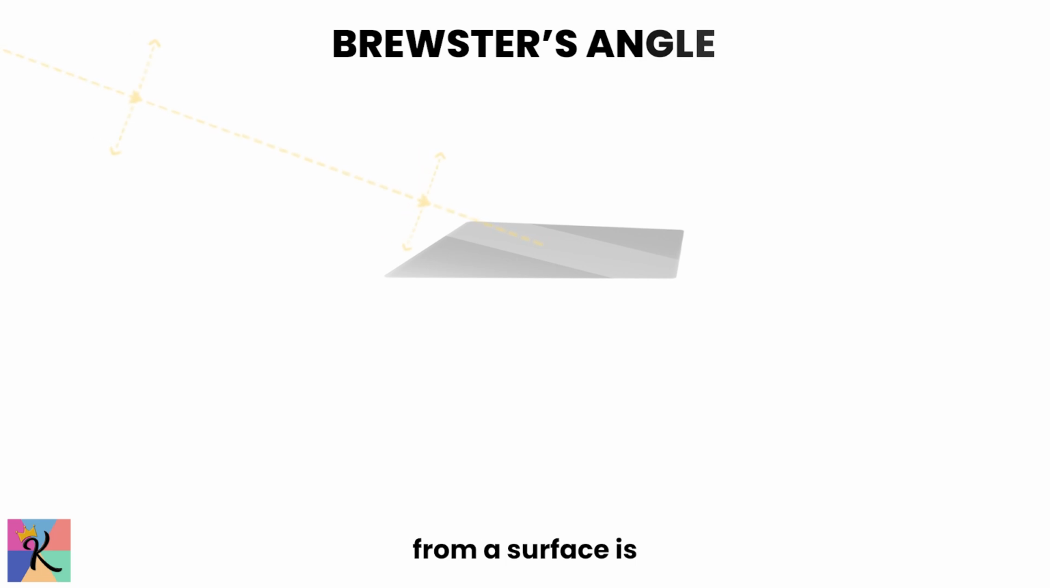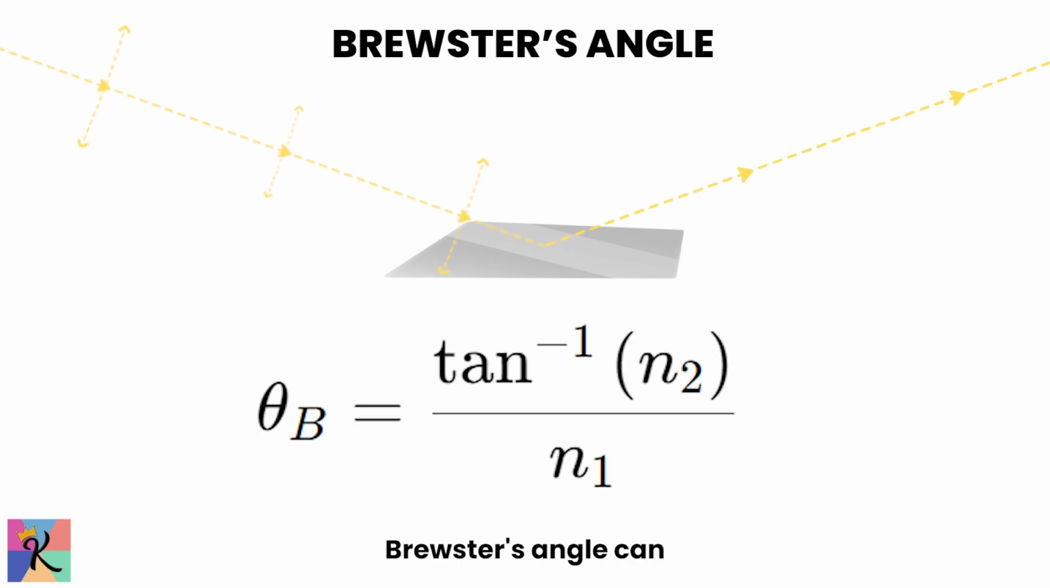So Brewster's angle is the angle at which light reflected from a surface is completely polarized perpendicular to the plane of incidence. At this angle, the reflected and refracted rays are perpendicular to each other, and the reflected light is fully polarized. Brewster's angle can be calculated using the following equation, where n1 and n2 are the refractive indices of the two media. This concept is particularly important in designing optical systems where polarized light is needed, such as in